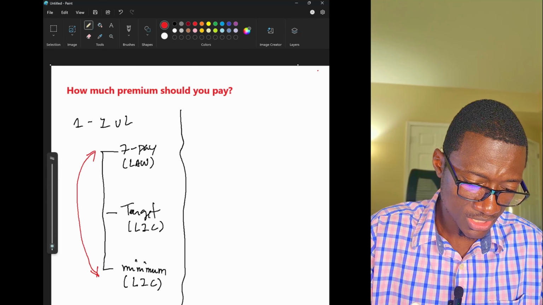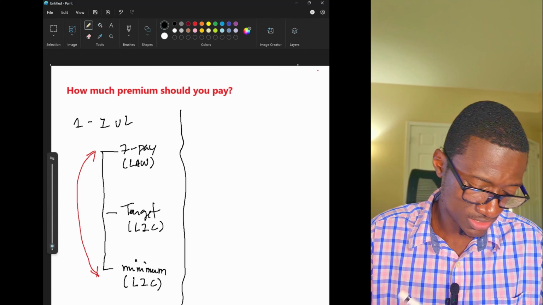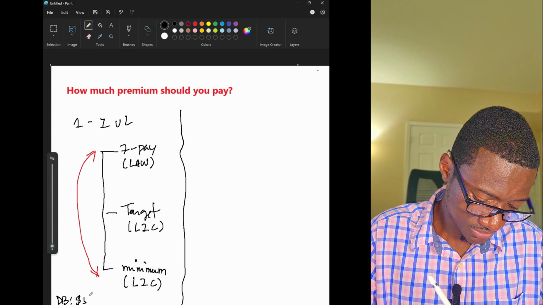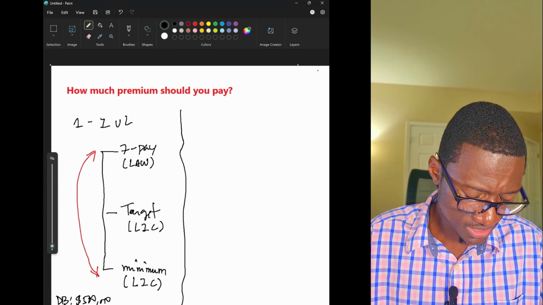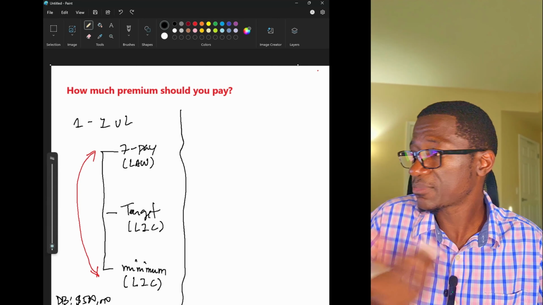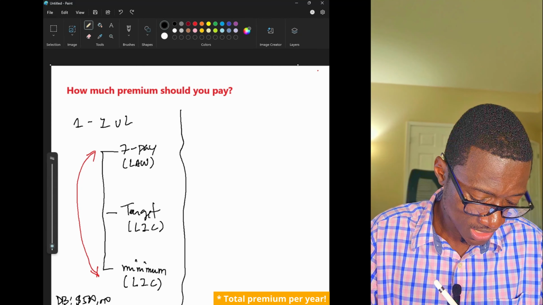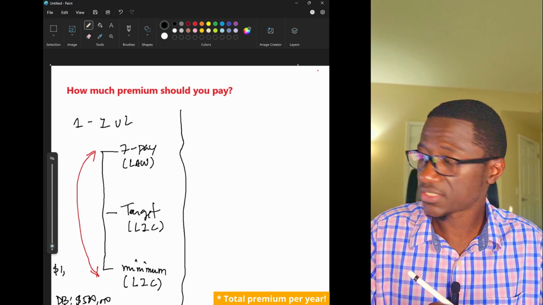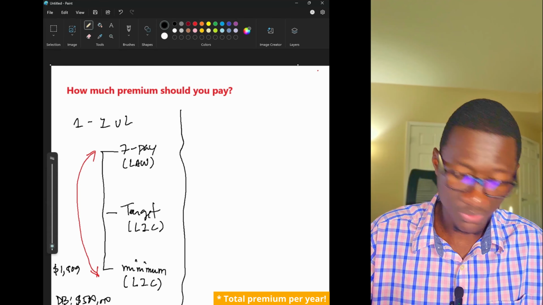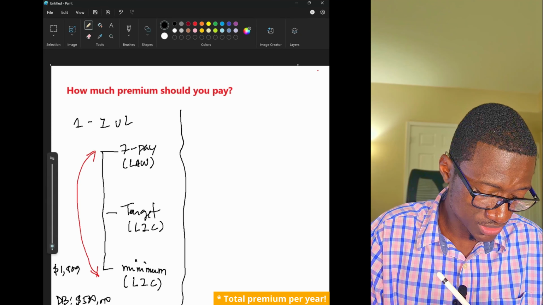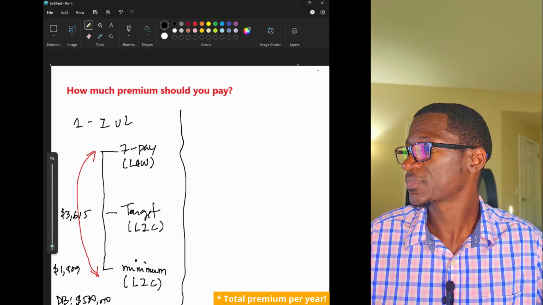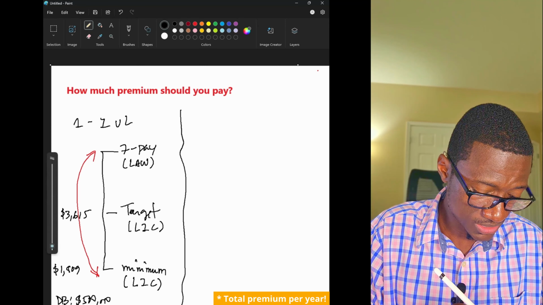So let me give you a quick example. Let's assume we have an individual that wants to get a death benefit of $500,000. It's a male, age 30, and the risk class is Preferred Plus. So for instance, the minimum premium could be something like $1,809. The target premium will be, in this case, $3,615. And the 7-pay will be something like